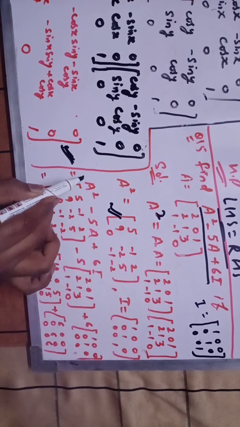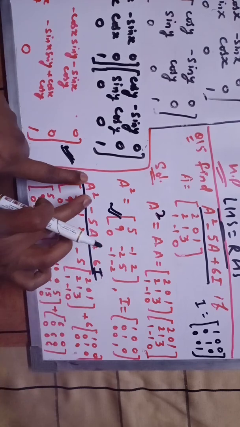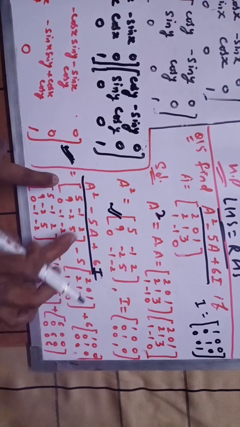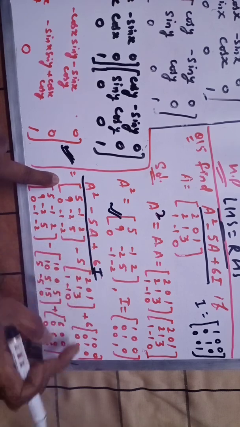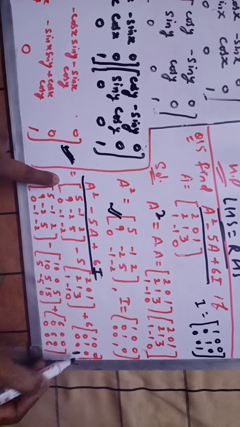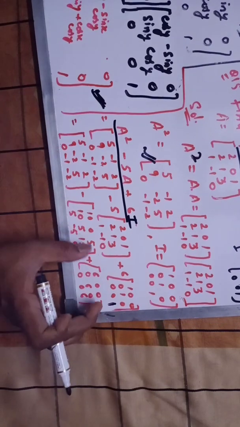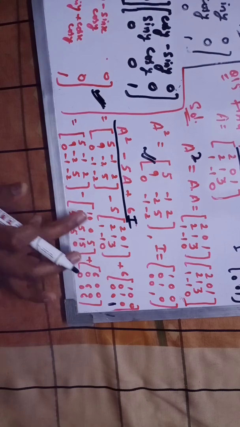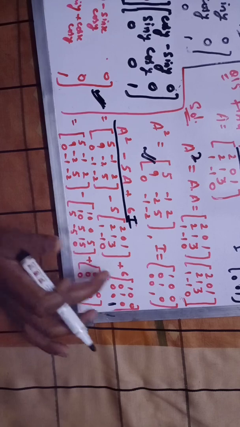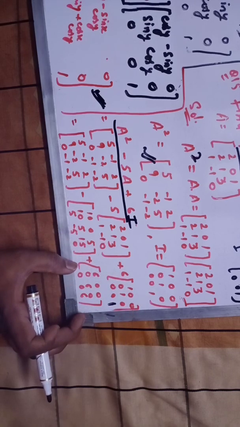And then you have to write the same equation, that is 6I. So the value of A square is here. I am writing it here. Minus 5 into A, this is your A matrix, plus 6 into the I matrix. 6 into the I matrix, here it is. After that, I am writing the same matrix. I am inserting 5 into this matrix. After calculation, you will get this, plus, and then you have to multiply this matrix by 6 and you will get this. Got it?